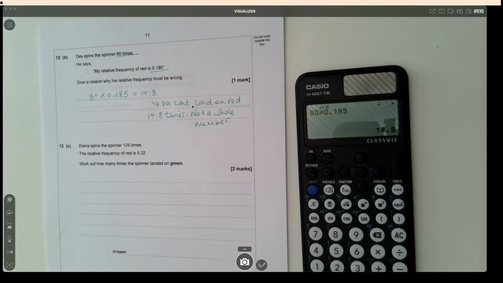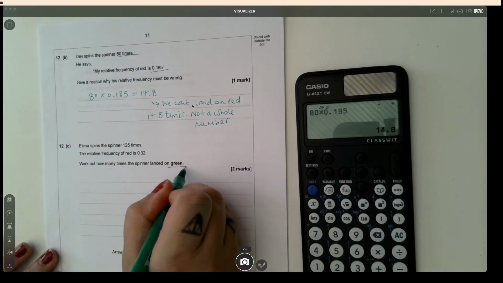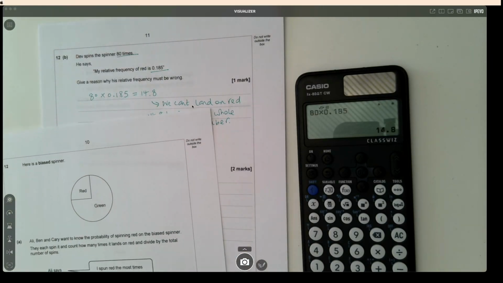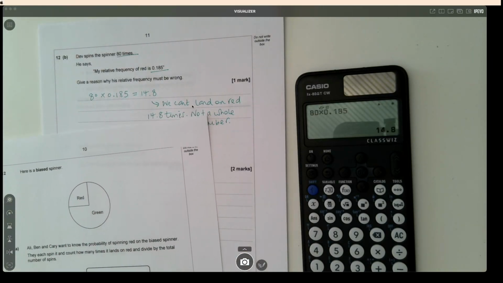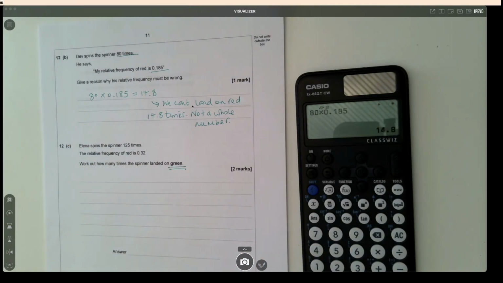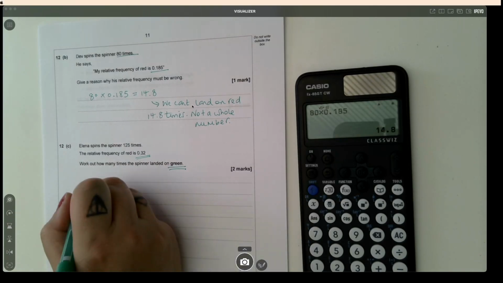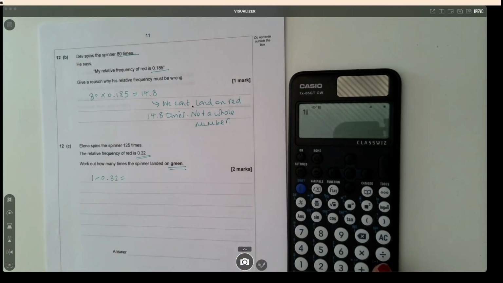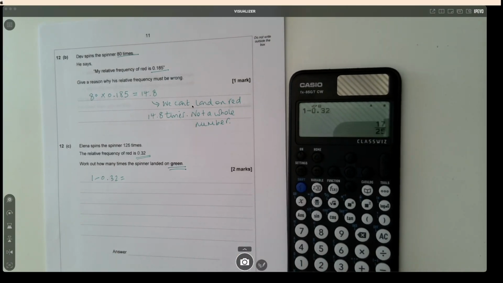Okay, 12C. Elena spins the spinner 125 times. The relative frequency of red is 0.32. Work out how many times the spinner lands on green. Now, if we remember from the original part of the question, the spinner can only land on red or green. There are two options. If the relative frequency of it landing on red is 0.32, if we take that away from 1, because probabilities sum to 1,